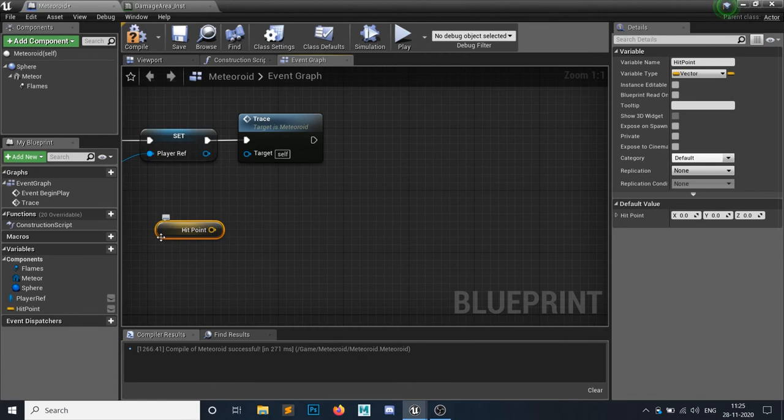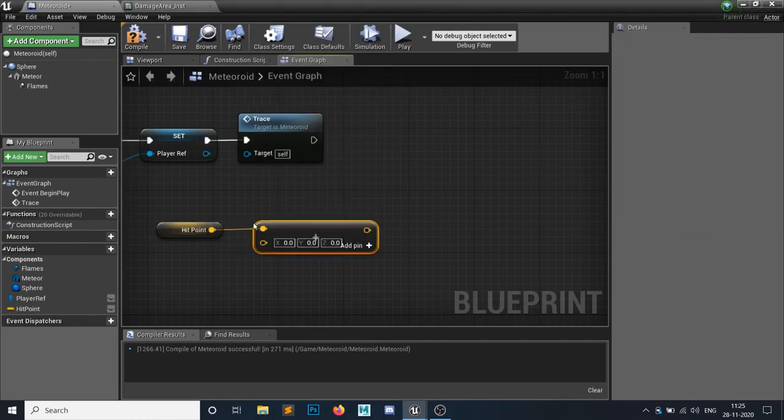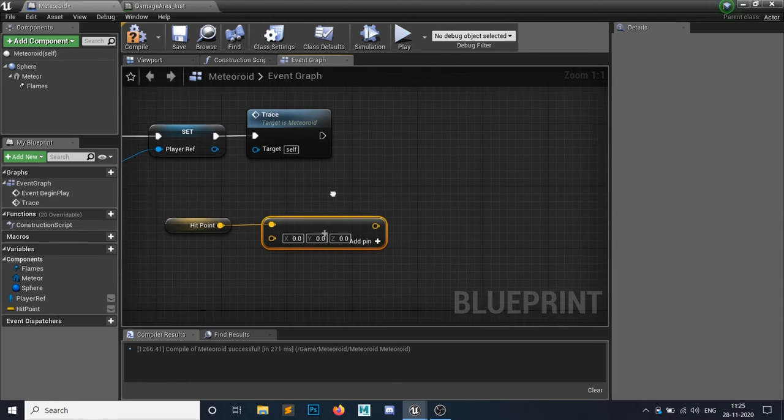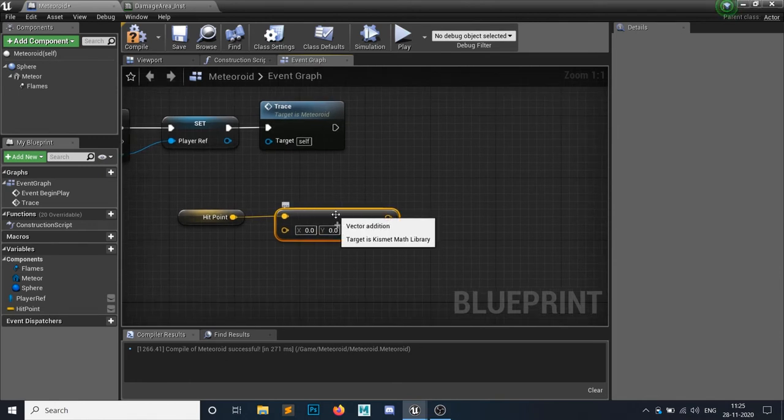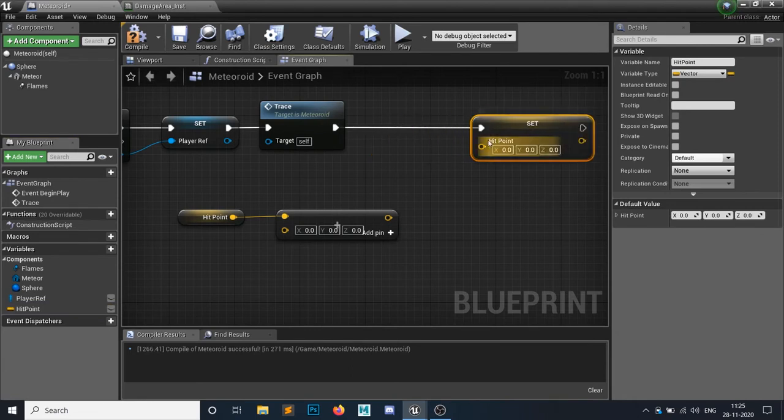And from the hit location, I need to set, so I will hit a plus vector, because I need to spawn from my move to component. So I need to start from wherever my meteor is to where to end. So let's promote this guy to set hit point, and let's set this to a hit point. All right.